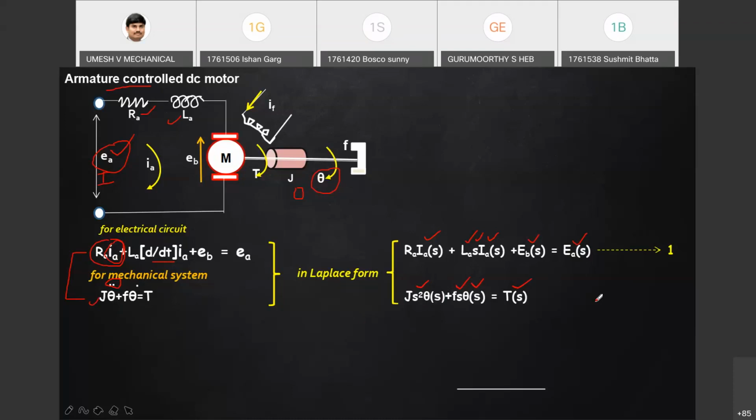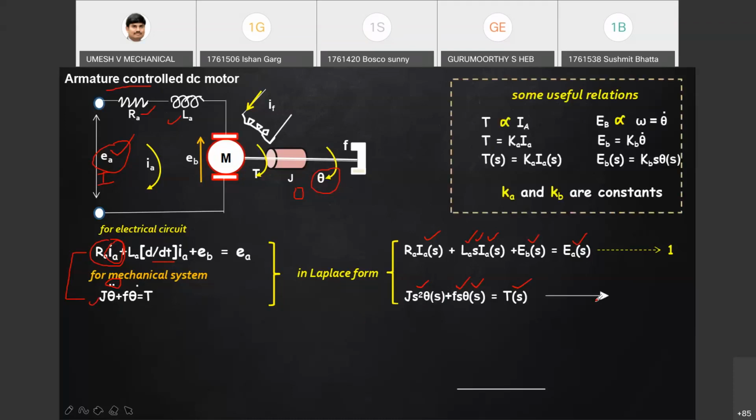Now have a look at the coupling equations, some relations. I say coupling because you can couple these two equations with the help of these. The first is that the torque applied is proportional to current, linear. More the current, more is the torque. So that is one equation. You know how to remove this proportionality constant. When you want to remove the proportionality and put equals to, you have to bring in a constant. For our convenience, let me call it Ka.